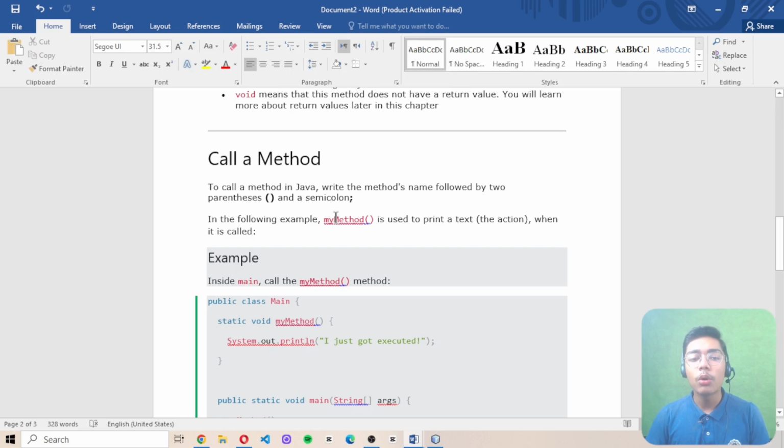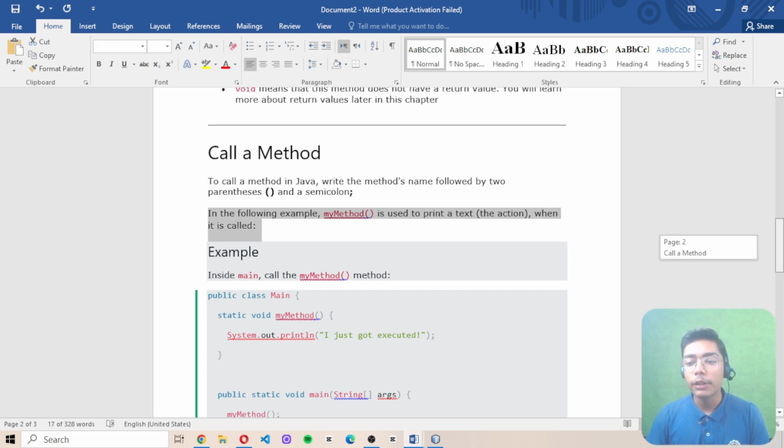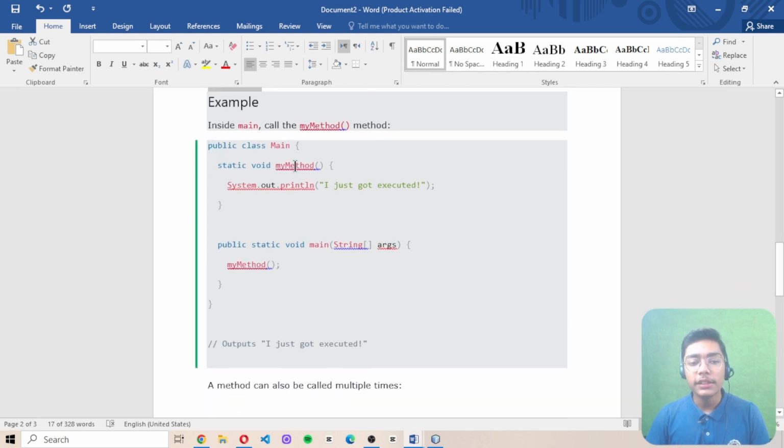Then how can you call a method here? To call a method in Java, write the method's name followed by two parentheses and a semicolon, which we have created. In the following example, my method is used to print a text when it is called. Inside main, call the my method function. So here inside this main class, we are creating our own method, and in this method we are adding one text, in which I have written I just got